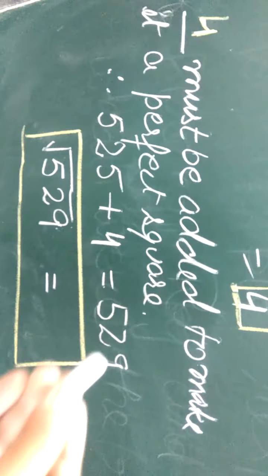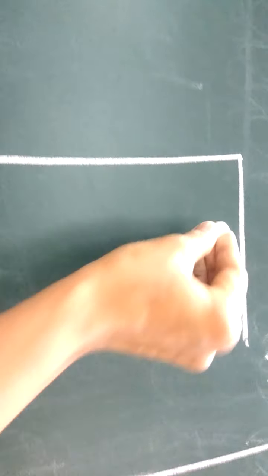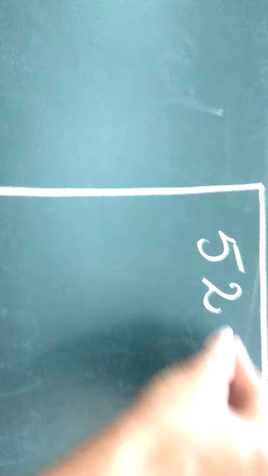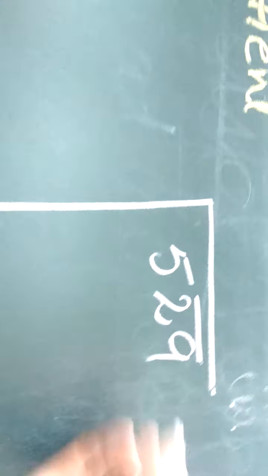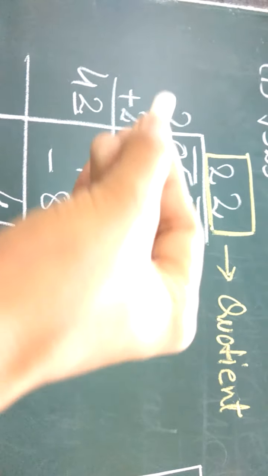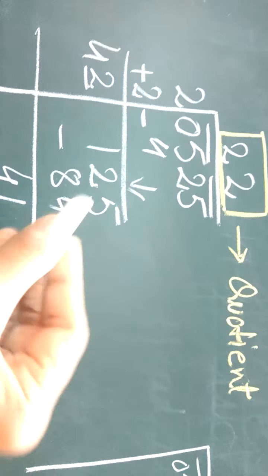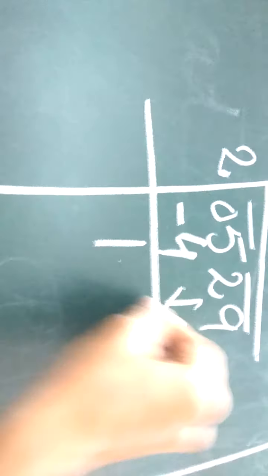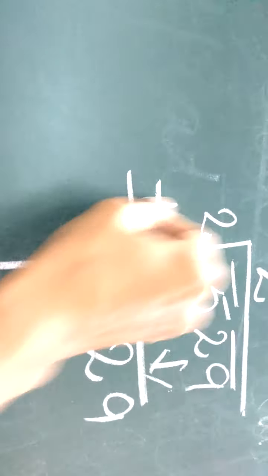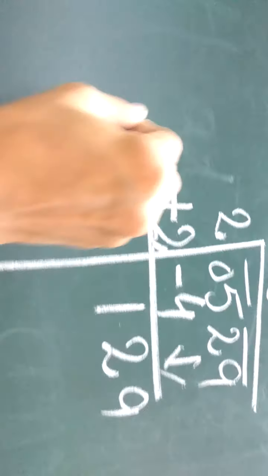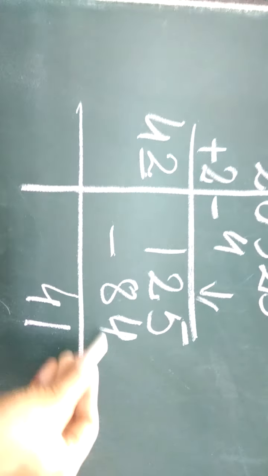So we obtained 529. So now let us quickly find out the square root of 529. Make the pairs. First pair, second. I told you follow the same step. First we have taken 2, then 40. Then next check out. 2 2s are 4. Subtract, balance is 1. Carry the next pair. Now to get the next divisor, add. We'll get 4 and dash. Dear students, if we take 2, we'll get 84.